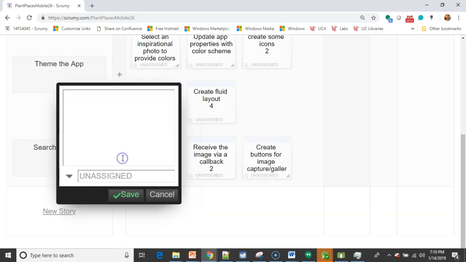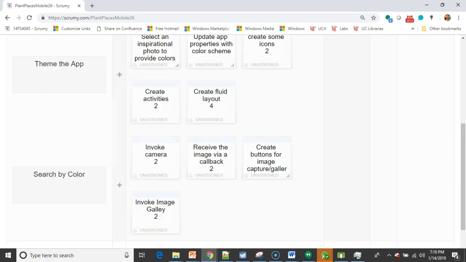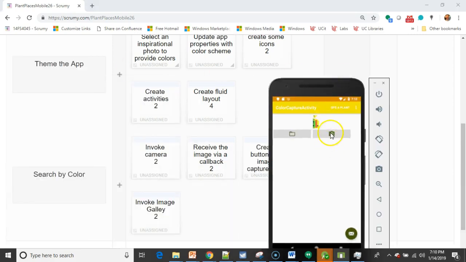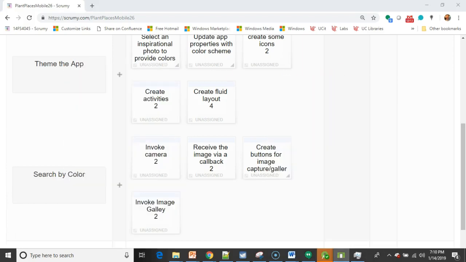There we go. We need to invoke the image gallery, because there are actually 2 options that the user has here. The user can either invoke the camera. We'll just pull this back over just a moment. The user can either invoke the camera or can open the image gallery. Either way is going to work for us. So